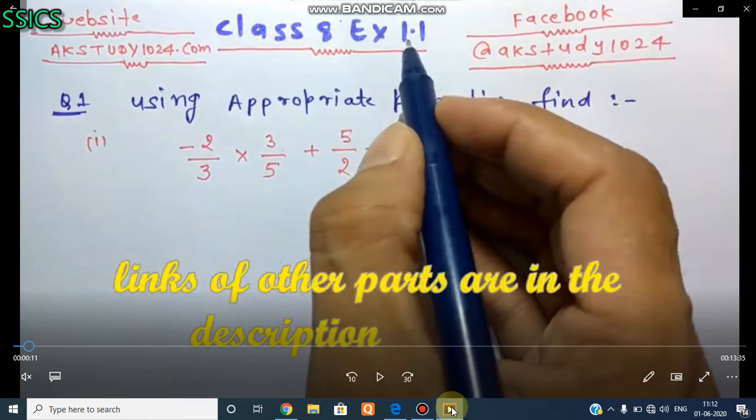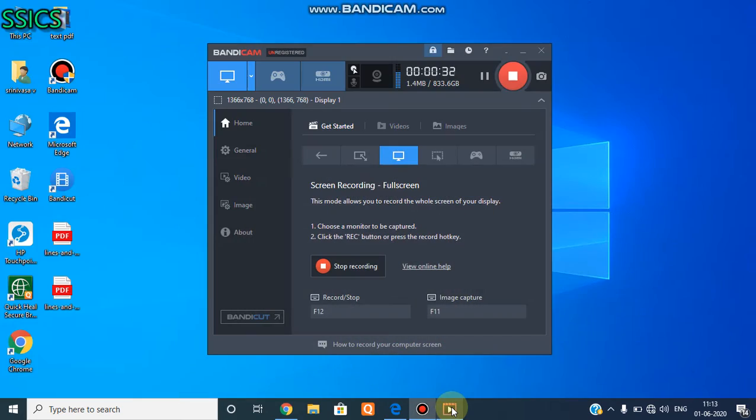In the previous class, we discussed some problems to solve in rational numbers, that means using the properties to try to solve some of the problems. Many students are confused about solving problems using the properties. Here I will explain one problem and how to solve it using the appropriate property. Let's move.